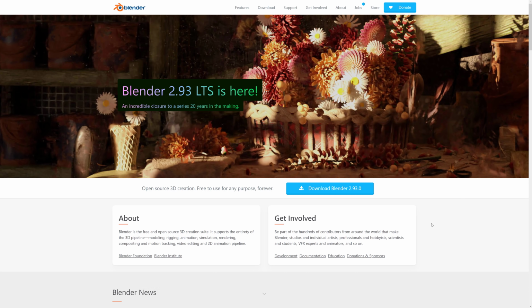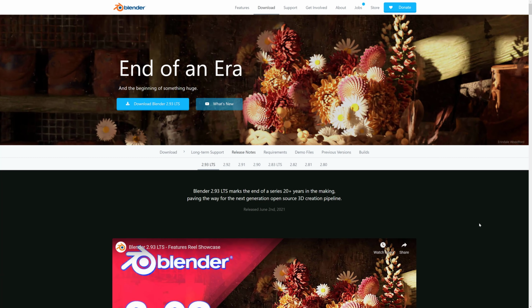This is an open source graphics application. It is available at blender.org, and yeah, it's a free download for every platform that matters. And today we are going to be talking about the 2.93 release. This is the end of the 2.x series. The next version we are going to have is 3-something, and you know what, it's not a huge difference. There's not a lot of new stuff in 3 versus 2, but it is definitely a bookend to the era,